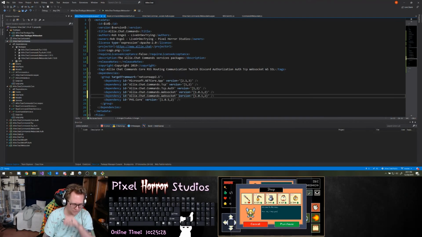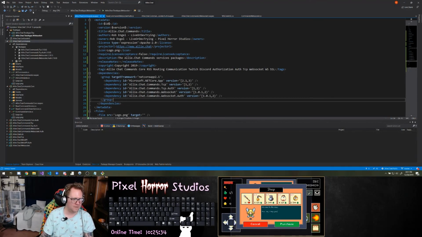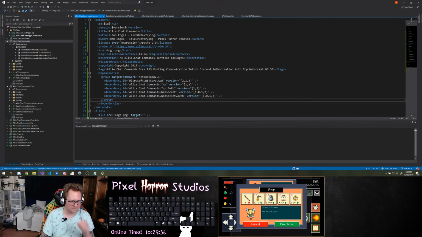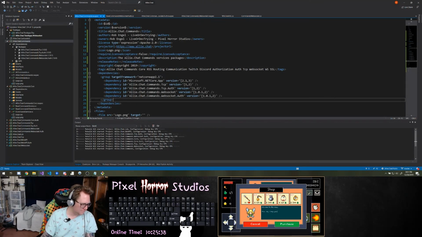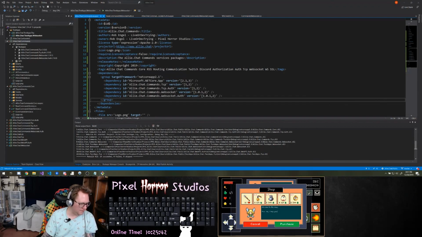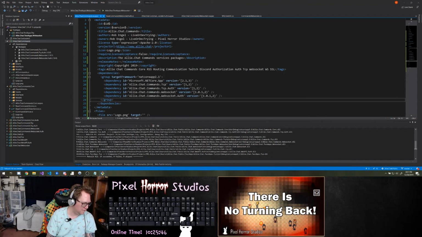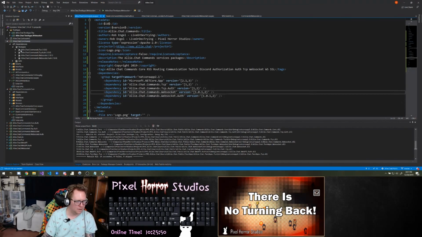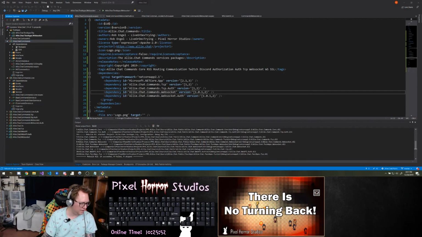And then one more for the .auth. And we'll rebuild it. Okay, now we can do a Nuget pack. There it is, and now I can push this out